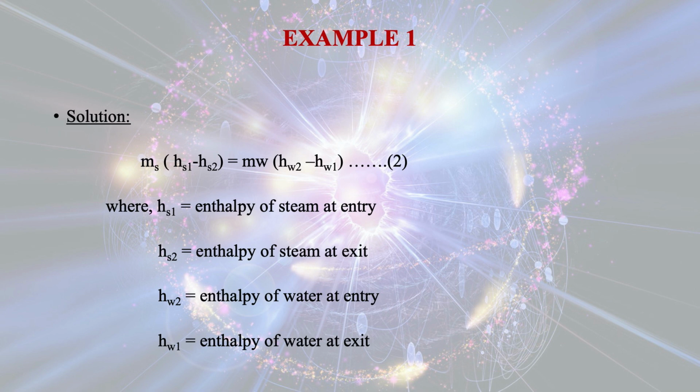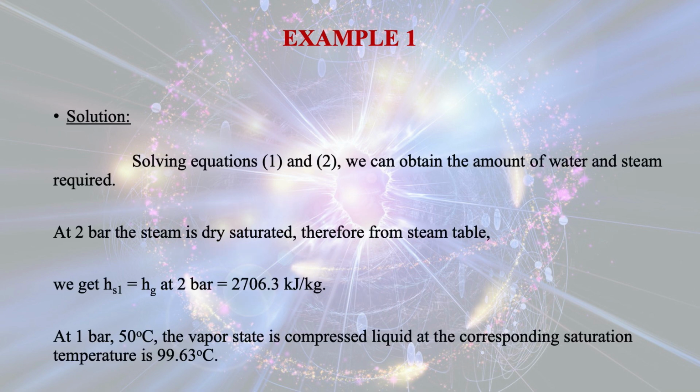Now how we can get the other parameters, let us discuss further. Solving equations 1 and 2, we can obtain the amount of water and steam required. At 2 bar, the steam is dry saturated. Therefore, from the steam table, we get the value of Hs1, that is the hg at 2 bar. This value we will get from the steam table, that is